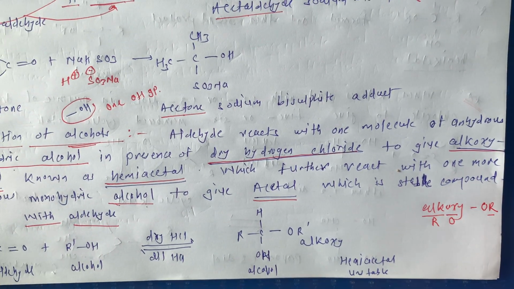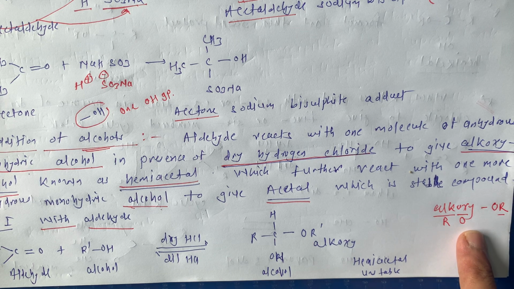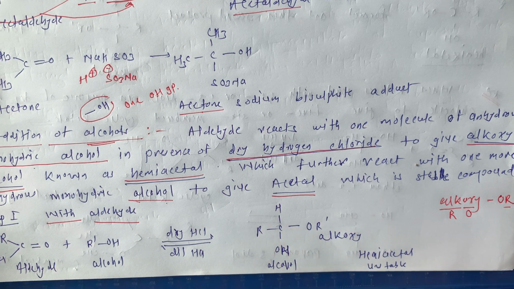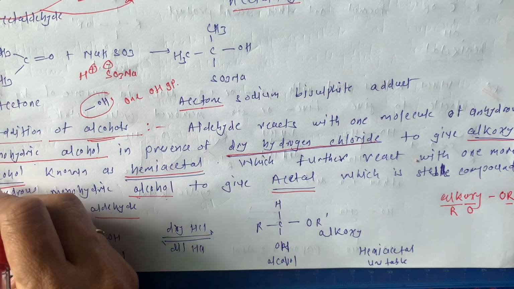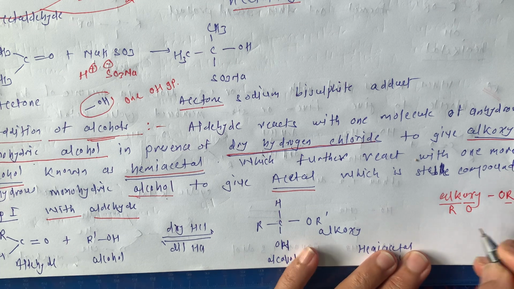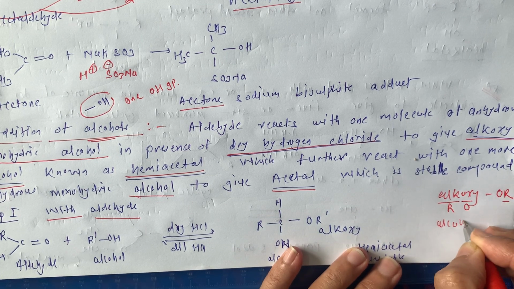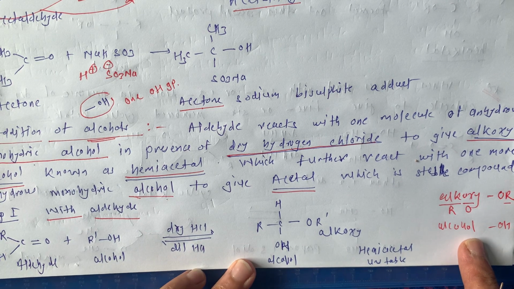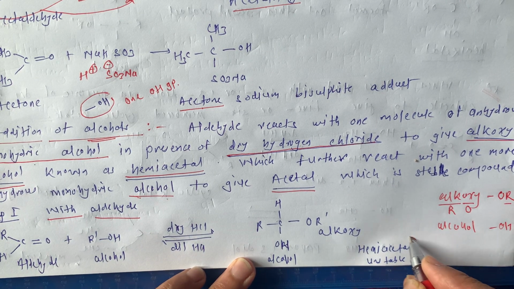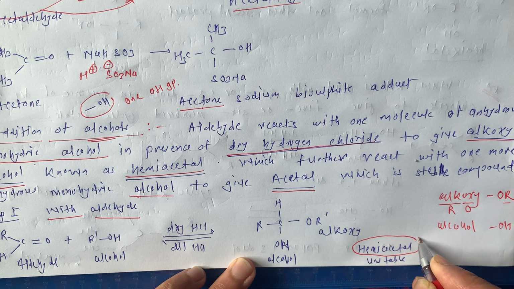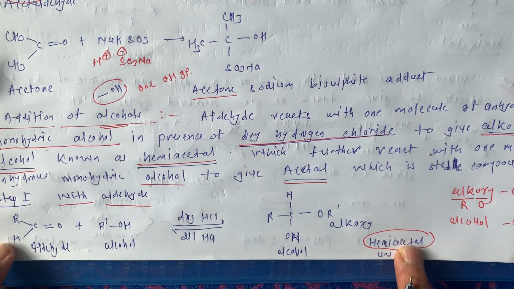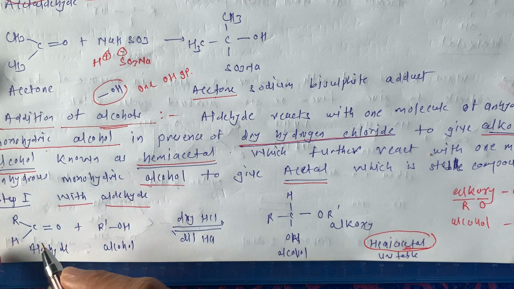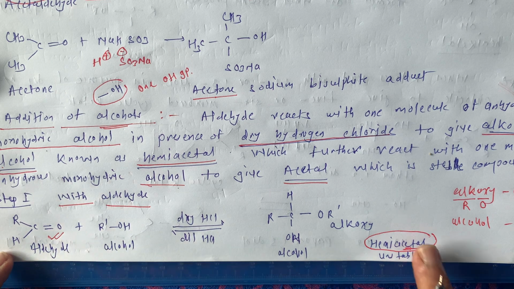Okay, and when there is an alkoxy group, that is OR, alkoxy, again this is with alcohol. We know the alcohol very well. This is our alcohol. Then such a product is known as acetal, and we prepared it from aldehyde. So here it is acetal. We start with aldehyde, so this is acetal.